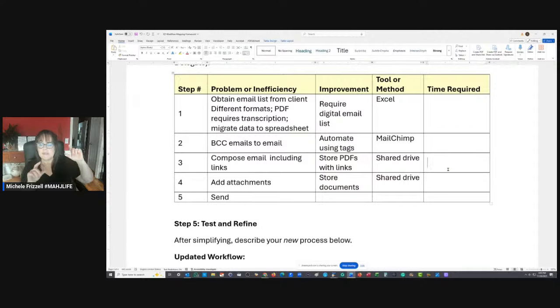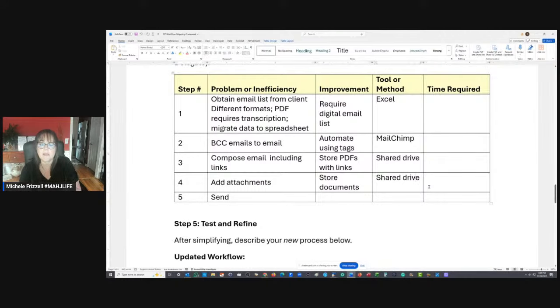So you're only sending them one link, and that's a link to the shared drive, and they have access to the PDF with the links, and then the documents that you would normally send as attachments. Instead of doing that, upload the documents to that same shared drive. So you're giving them one link with everything in it.